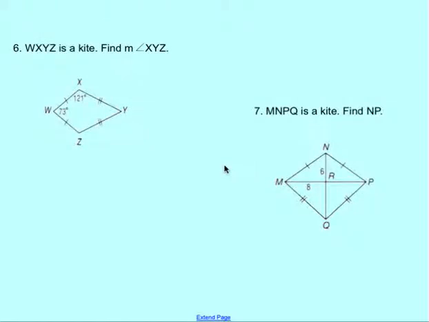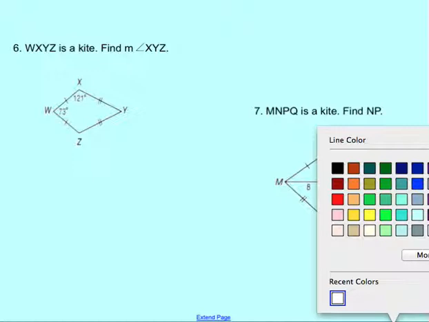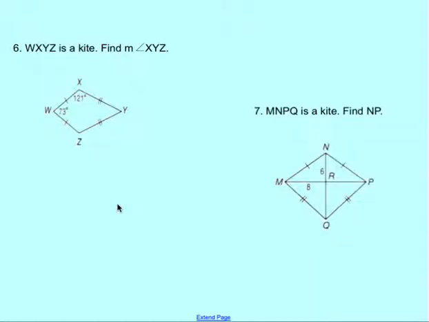In case you needed a little bit of help on them and weren't able to do it on your own, let's just go ahead and take a look at these last four. So when we're taking a look at a kite, remember, when the angles are sandwiched between the two different side lengths like they are here,